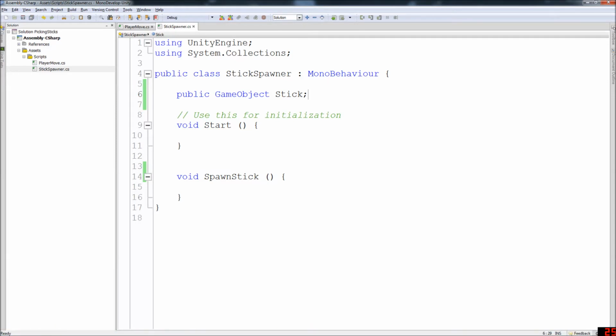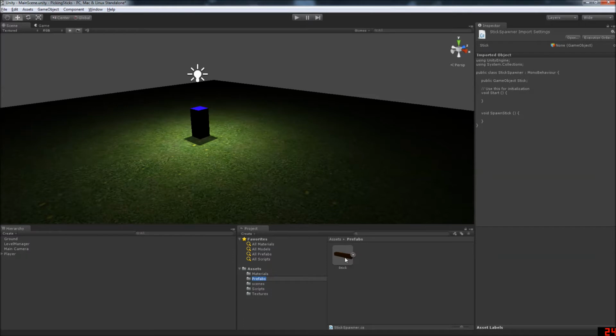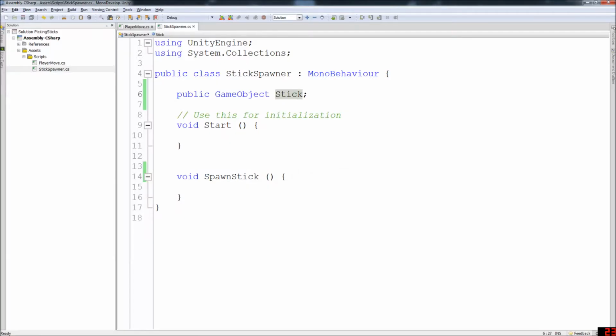So now this game object will be the stick. To make it the stick we want to spawn, to make it this prefab, this game object, what you want to do is when you click on level manager, now you will see once you make something public,